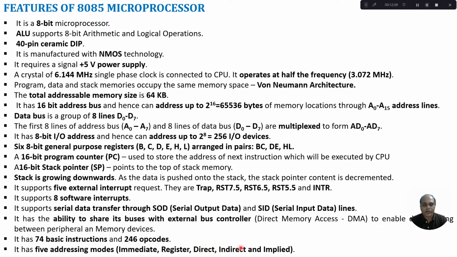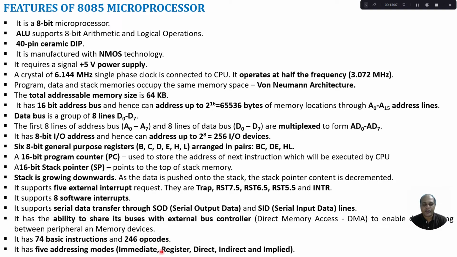Indirect addressing mode, instruction contains a register and the register has an address pointing to a data. And the last type of addressing mode is implied addressing mode, meaning the instruction has an assigned meaning. Right? So these are the 5 different addressing modes supported by your